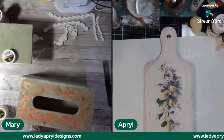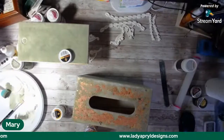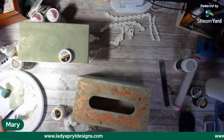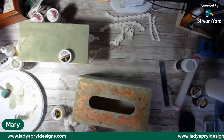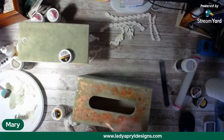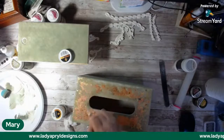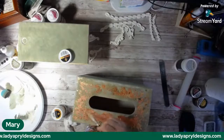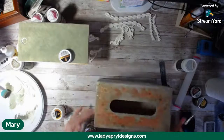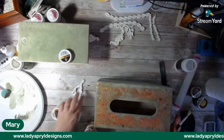Oh, I love the metal flakes, Mary. Thank you, thank you. It makes it look so regal. Yep, and then you put the regal corners on,